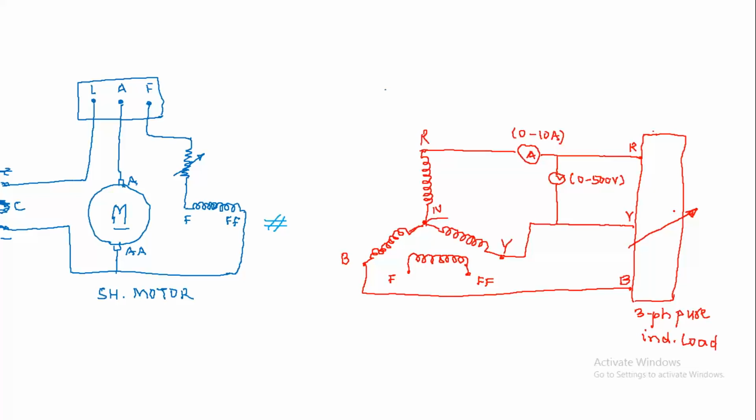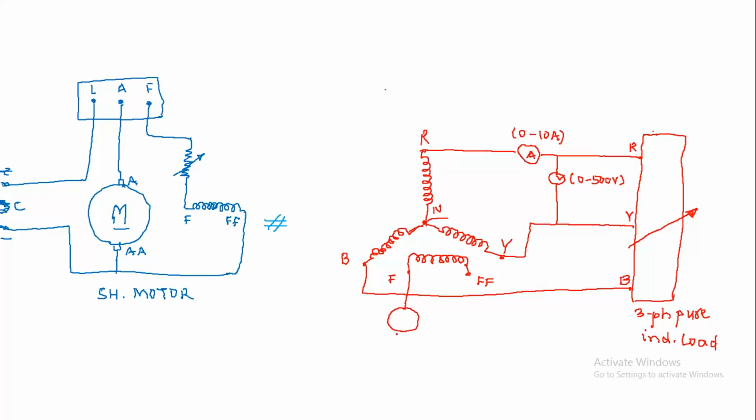You cannot design, you cannot make a pure inductive load. Here, this load also has some resistance, but it is a small value. So resistance is neglected and the load is assumed pure inductive. You got this? You cannot design a pure inductive load or a pure capacitive load. We are assuming we have a pure inductive load because we have an inductive coil of high reactance and the small resistance is neglected. Clear?